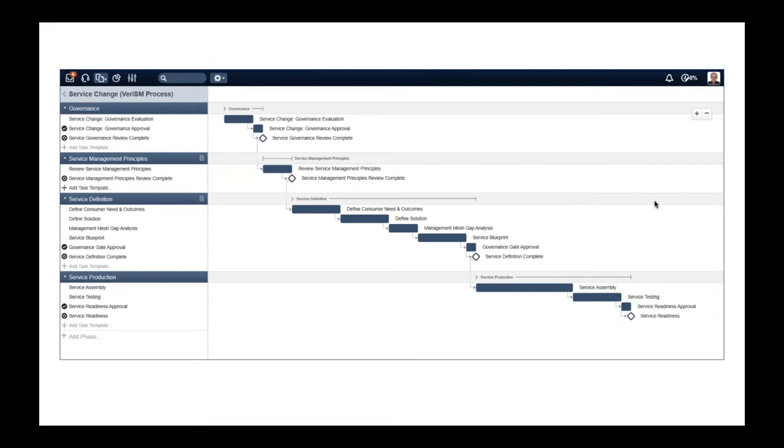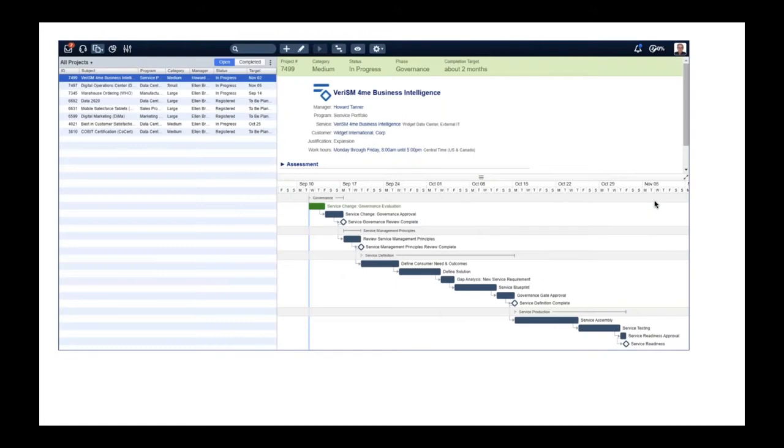So if you would actually start using this because someone has a great new idea and you would like to see where you can take this, then you could use this template to actually create the workflow, create a project in For Me that is going to help you to make sure that you go through all the steps, that you do the governance compliancy check, that you look at the service management principles. Are we in line with the guardrails that we have set up there? Do we take all the steps in the define phase, etc.?